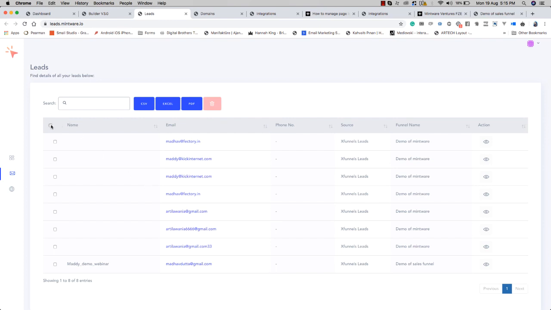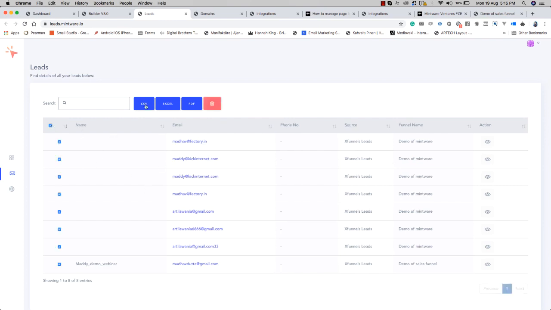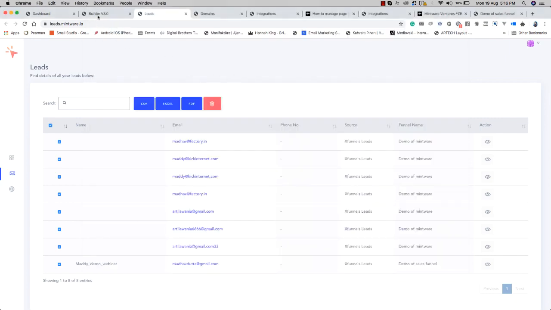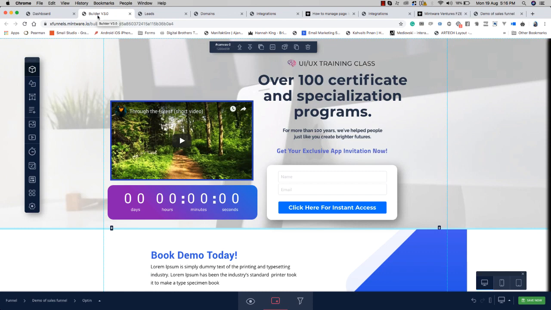Now if I want to download the whole file in CSV, I click on CSV, and you see the data of the content which we have right now is in CSV format. We just opened it and you see the name, the email, the phone number, the source, the funnel name, all this data has been imported in the CSV format. Now you can import it in any autoresponder or any page or any software, anywhere you want. Awesome. So that's how you can connect